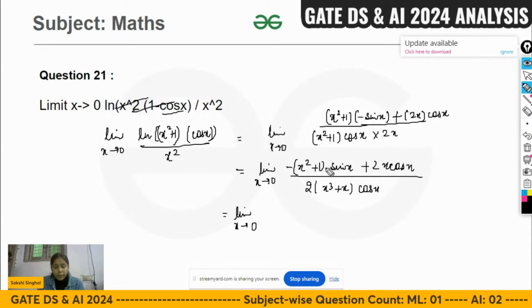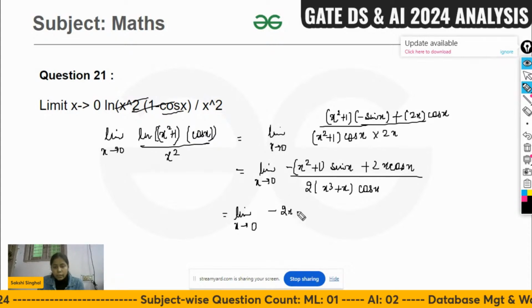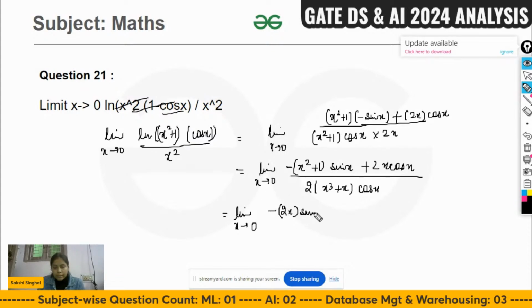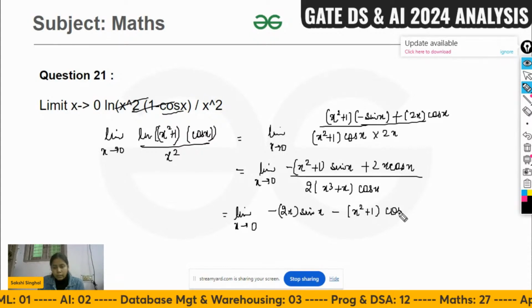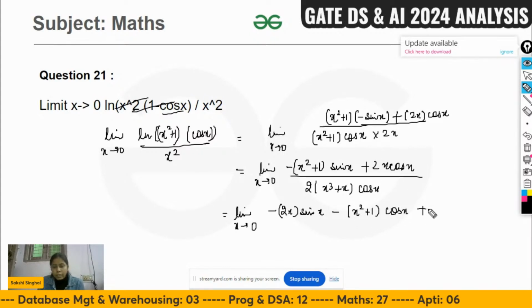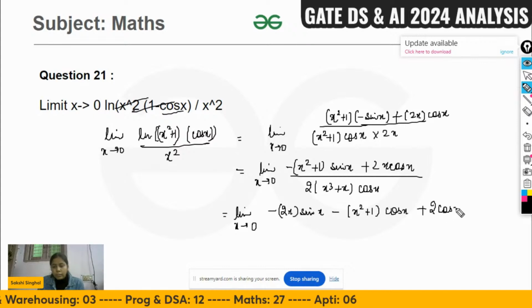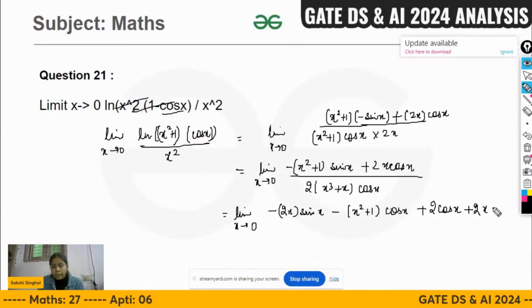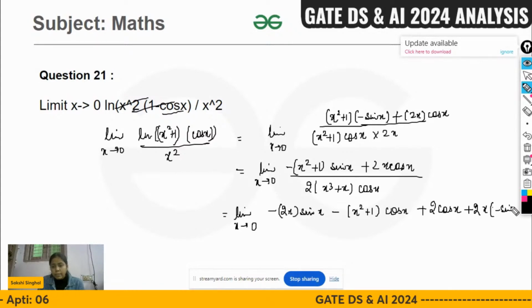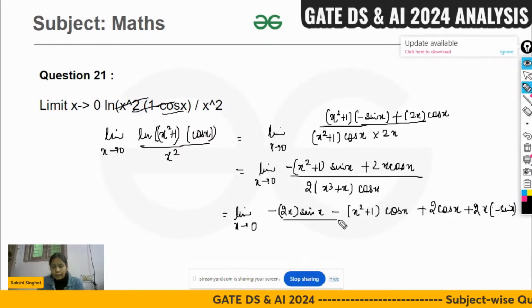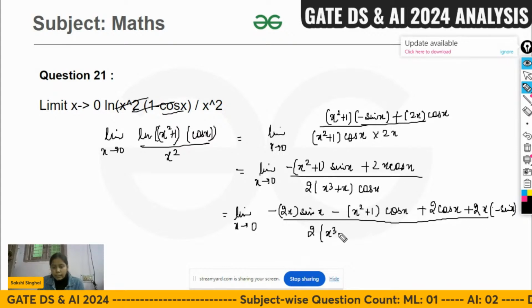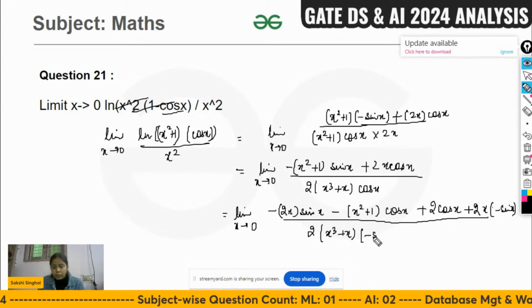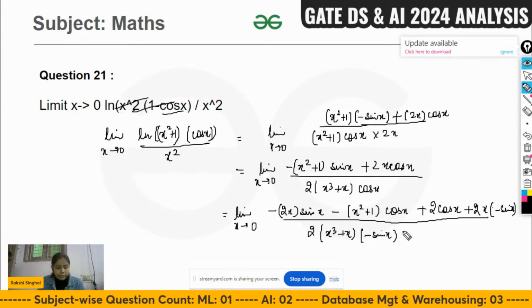So what would it become if I differentiate the numerator? Minus 2x sine x and then minus x square plus 1 cos x. Right, and then differentiate this, 2 of cos x, and then the differentiation of 2x cos x would be minus sine x. Right, and if I differentiate the denominator, x cube plus x, let me keep it as it is, the differentiation of cos x is minus sine x, and then